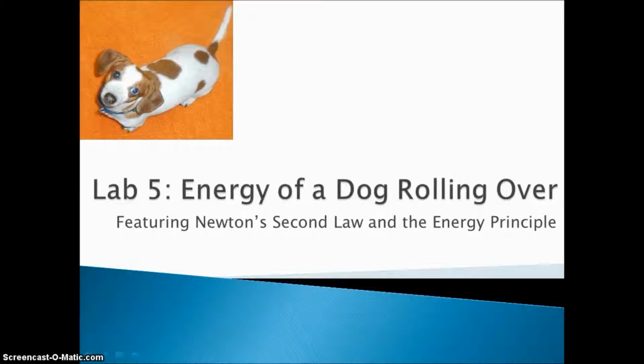Lab 5, Energy Expended by a Dog Rolling Over. For my Choose Your Own Adventure lab, I decided to analyze the energy expended during translation and rotation of my